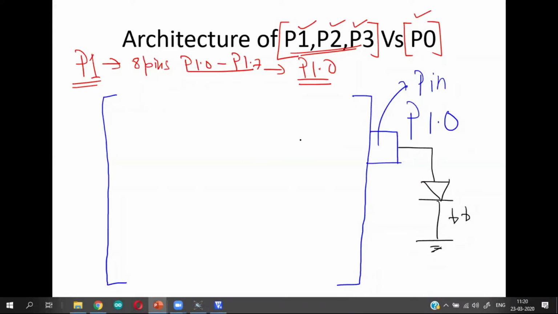Now let us understand what is inside this particular pin. What is inside this processor. Okay, so I want your attention here for some time. So you have a central processing unit, CPU, inside the processor. From the CPU, the data flows. There is a data bus that supplies the data to each pin separately. So this data comes to a D latch.